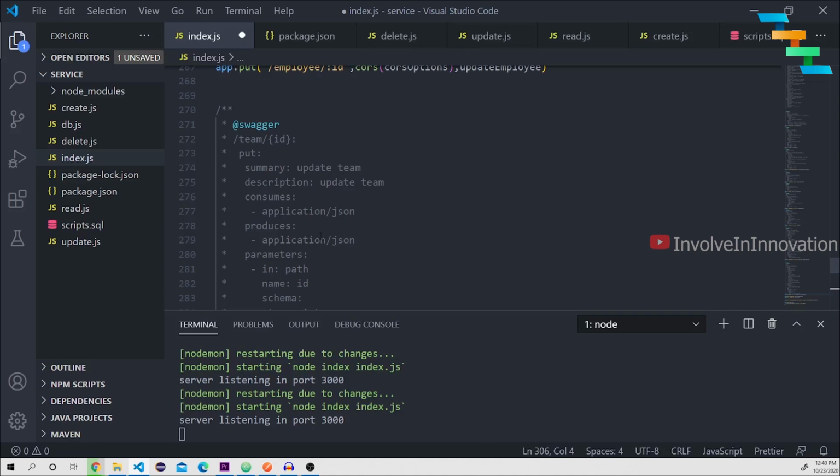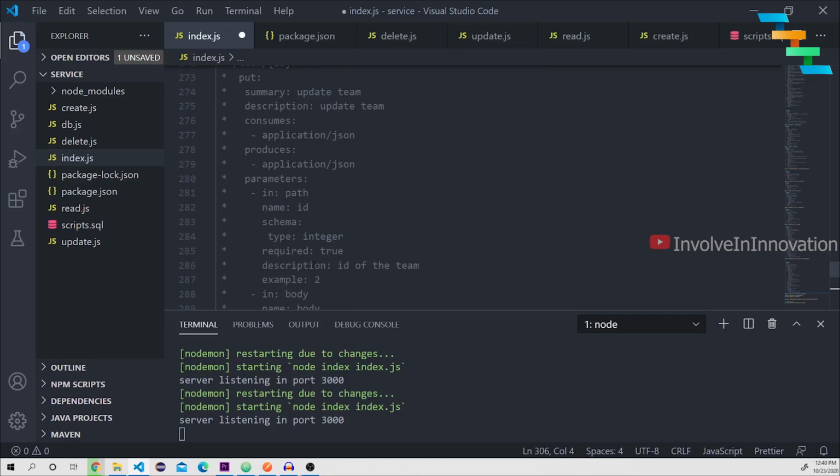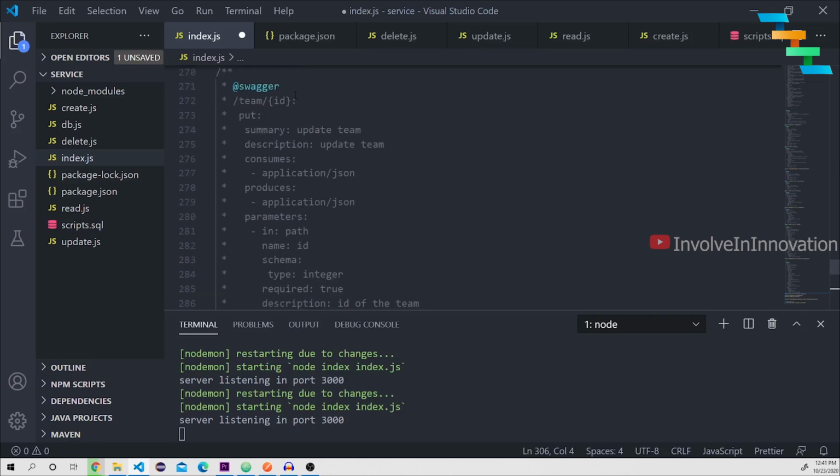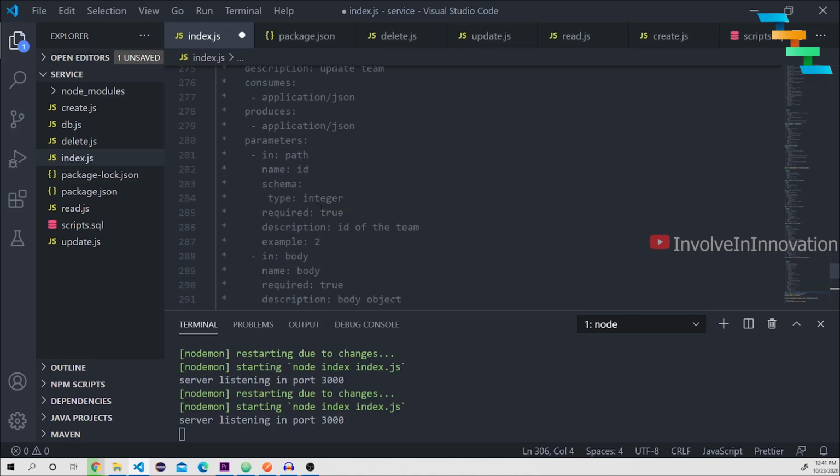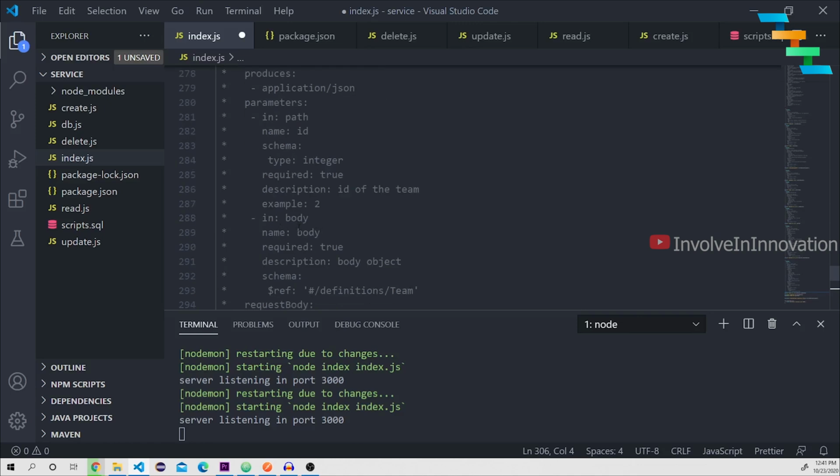One is request parameter, which is path variable. Here I mentioned it as ID. It is matching with the variable which I gave in the context path, and then I mentioned this as record, and then in the body I have mentioned input as body and the name as body, and then I have given it as body object in the description, and I have mentioned the schema as team, which I have created before,